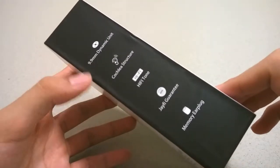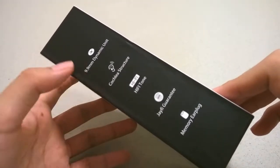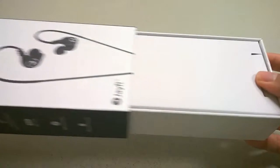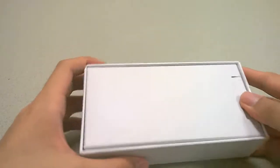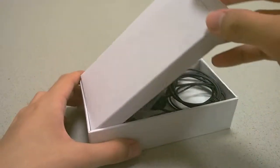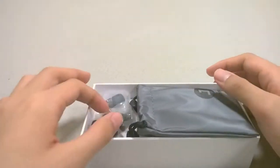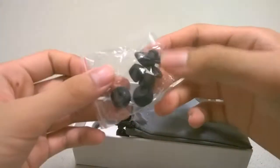It has 9.9 millimeter or 10 millimeter drivers on here, and it is a hi-fi pair of headphones at a very affordable price. You can find them on Amazon for under 30 bucks, which I think is very inexpensive for a pair of in-ear monitors. And the quality here is also very good. They're not quite audiophile grade, but decent enough for a very low cost pair of in-ear monitors